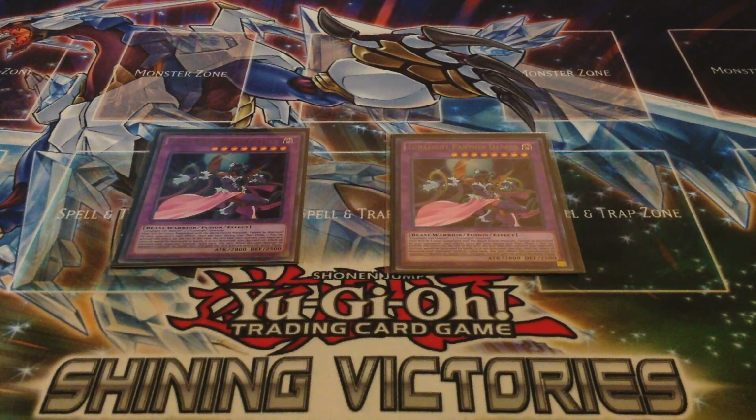The next fusion monster is Lunalight Panther Dancer. Now this card requires a Lunalight Cat Dancer as the fusion material. More than likely, we're going to summon this one with Lunalight Wolf's effect. But sometimes, we might give up Lunalight Cat Dancer to go into Panther Dancer,